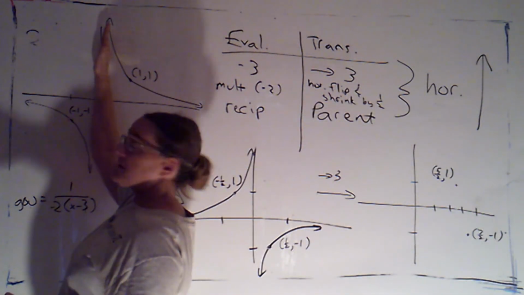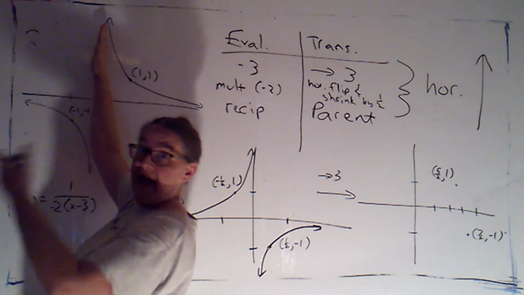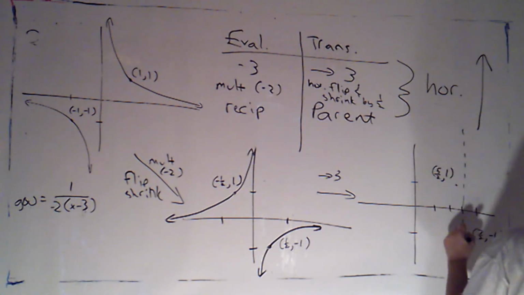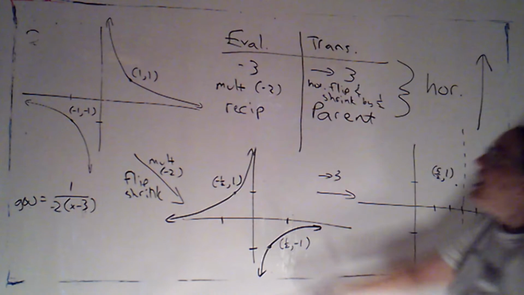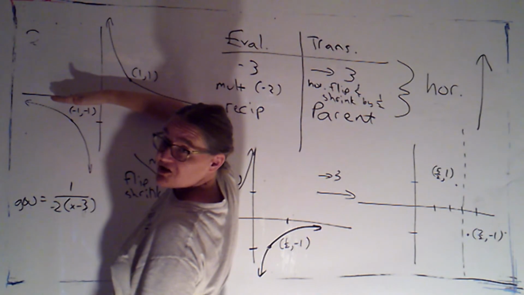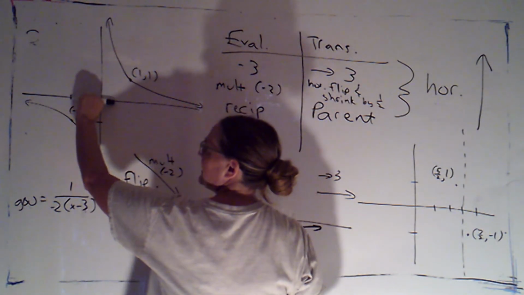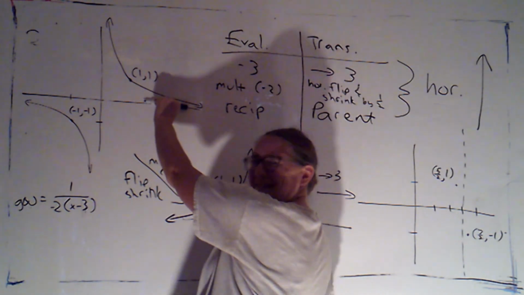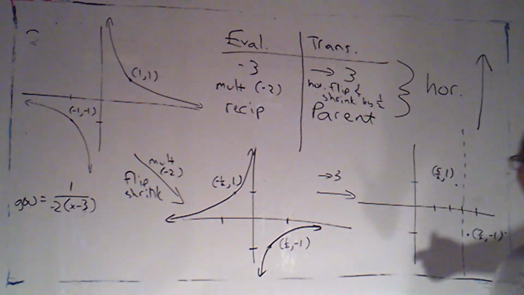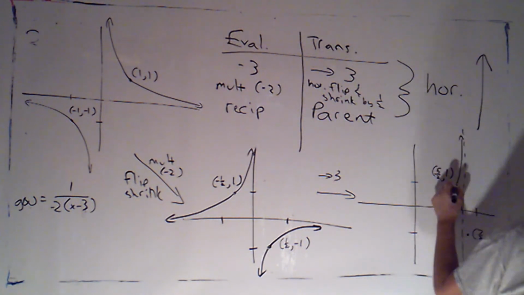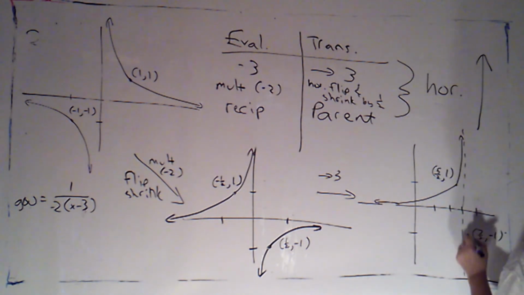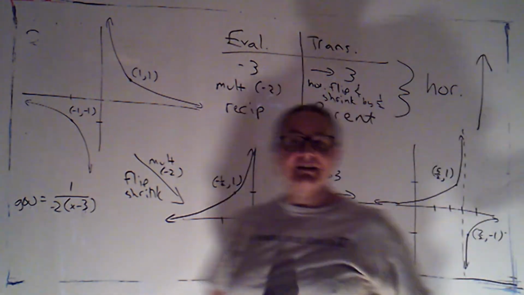Let's see if this affected the asymptotes. Here, the vertical asymptote was x equals 0. I'm adding 3 to my x values. The asymptote becomes x equals 3, which I'll draw in as a dotted line. The horizontal asymptote was right here. It had an equation y equals 0, and I'm not changing the y values. And graphically, I can see if I take something horizontal and I shift it to the right, it's the same horizontal line. It goes on forever, so shifting it 3 units doesn't affect its value. So my vertical asymptote has moved, but my horizontal asymptote is still the x-axis. So my transformed graph is going to look something like